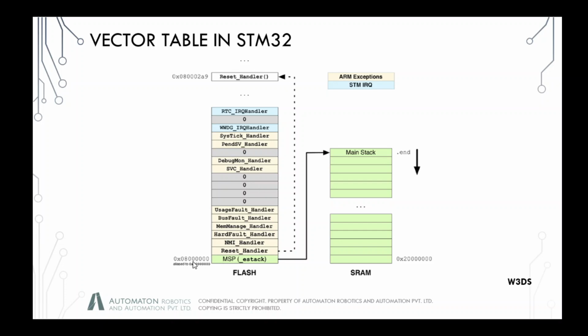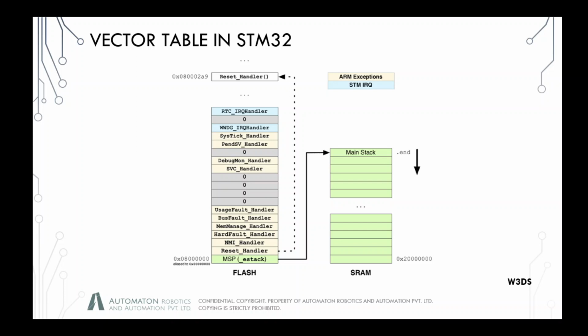Address hexadecimal 0x08000000, and this is the address of the main stack pointer, which is there in your SRAM or the static RAM, which is basically storage, or we could also call it flash in this case. Usually this is the address that is corresponding to the end of the SRAM, and as in the beginning point, and in the opposite way we are using this term. Okay, and that is the base address plus its size.